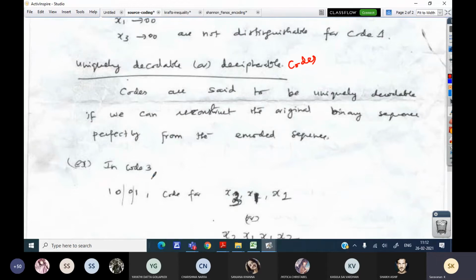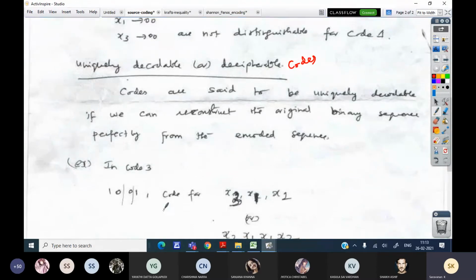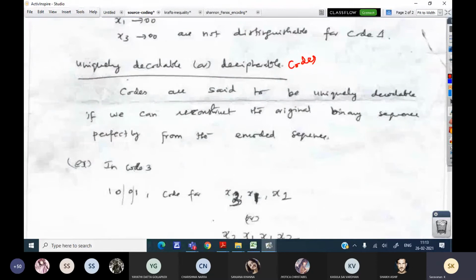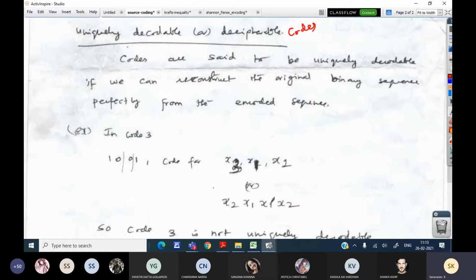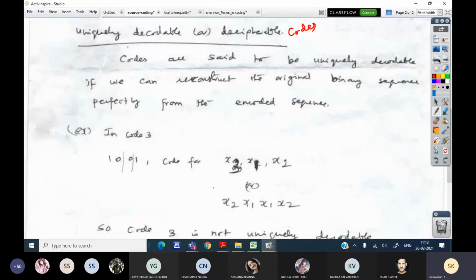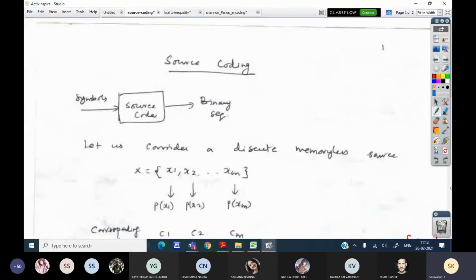Suppose for code 3, when I send 1001, it may be decoded as x3, x1, x2 or x2, x1, x2. Is it correct? Correct only, sir.